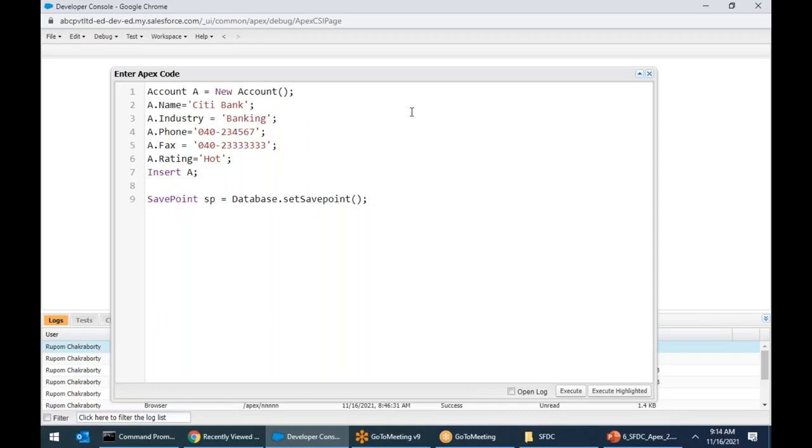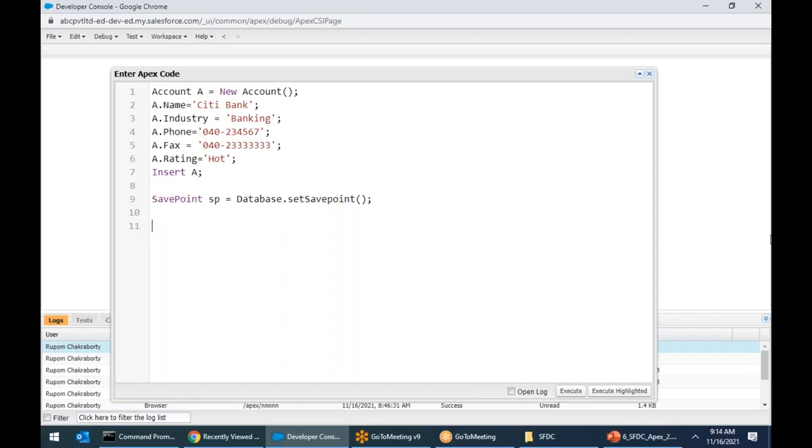Citibank. If I run this command, what will happen? Citibank will be created. I don't want to run. You know that. Now I took a save point. After taking the save point, I'm saying a dot phone. A dot phone equals to